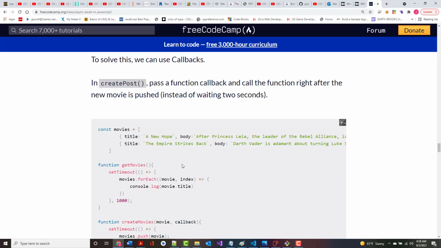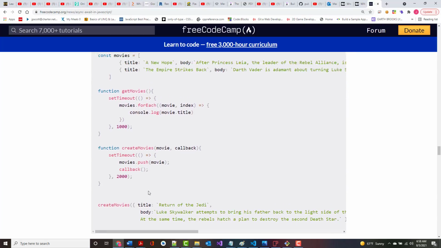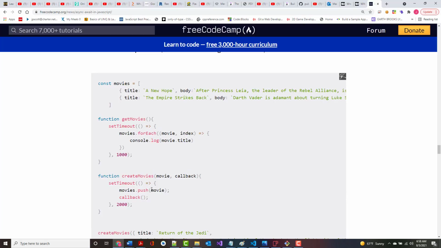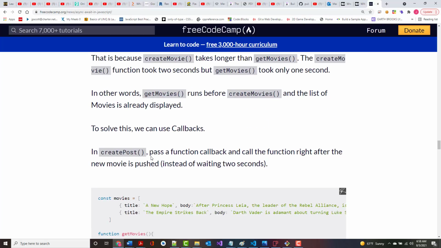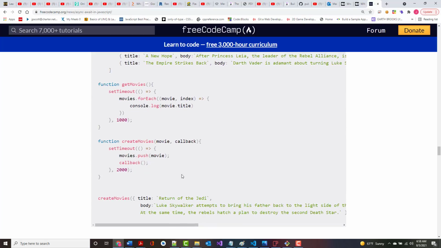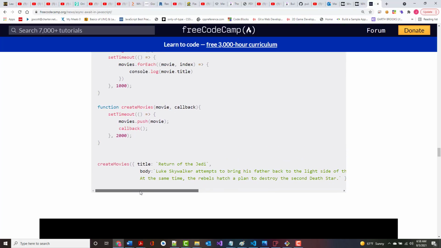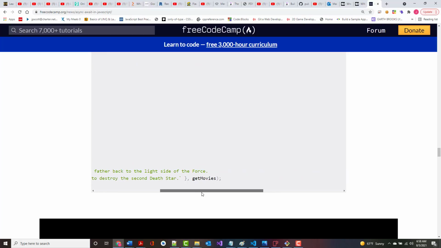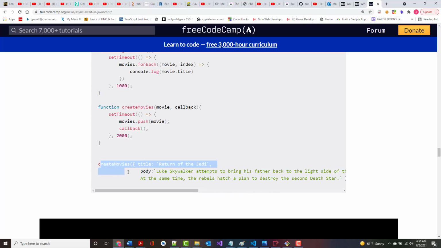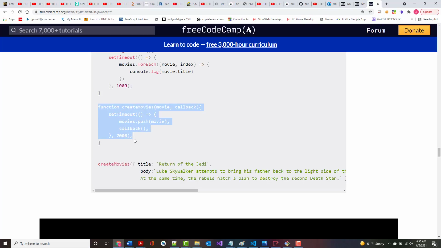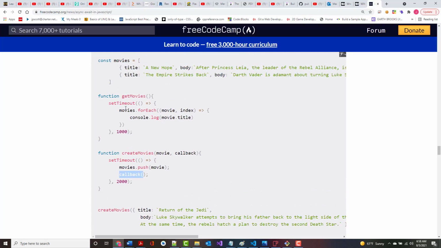So it says here in create post, pass a function callback and call the function right after the new movie is pushed instead of waiting 2 seconds. So there is create movies right there. And you'll notice that as soon as it's done that, and it's called create movies, which pushes it back, all right, we're calling callback, which is basically the difference is it should come in here and it should throw this